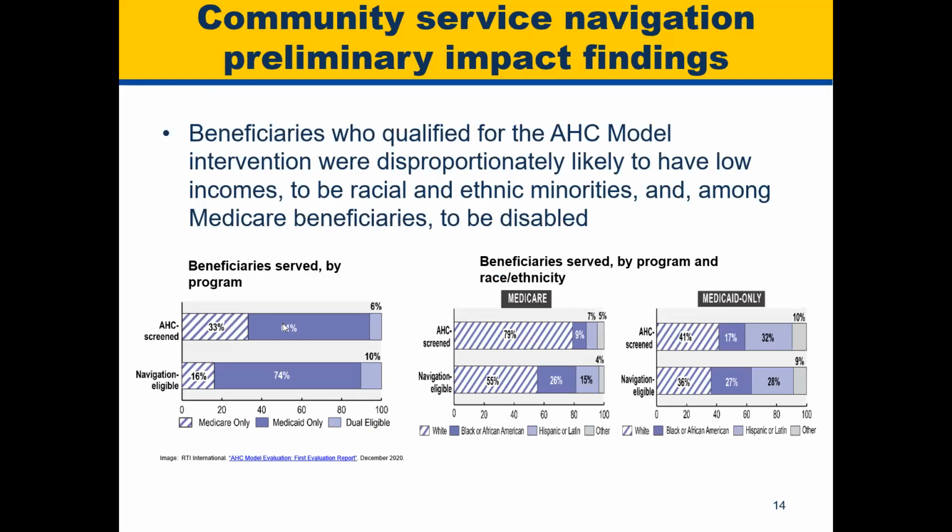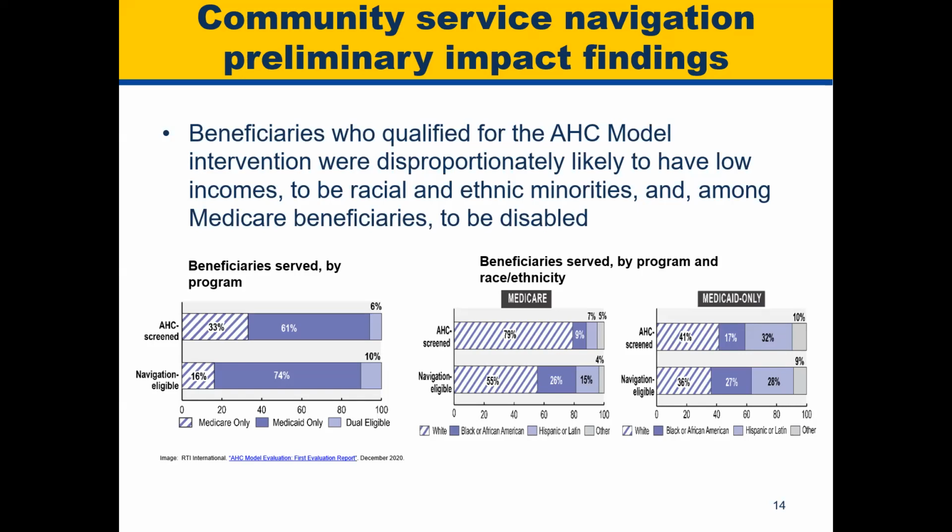Now let's drill down to what the first evaluation report indicated about racial ethnic minorities. First, we found that beneficiaries that were eligible for navigation were more likely to be low income. They were more likely to be racial ethnic minorities. And among Medicare beneficiaries, they were more likely to be disabled. Next, the beneficiaries served by the model were stratified by race and ethnicity and Medicare and Medicaid status. Compared to the first table on this slide,